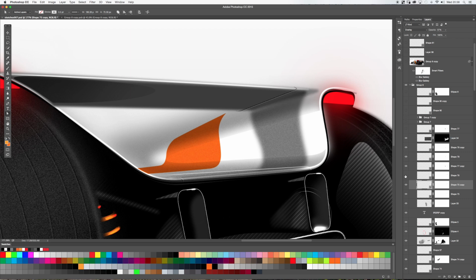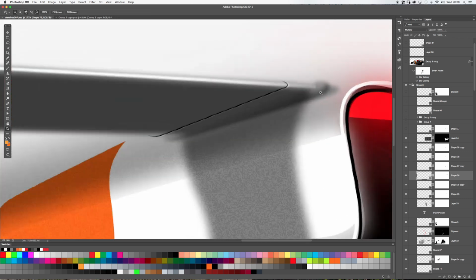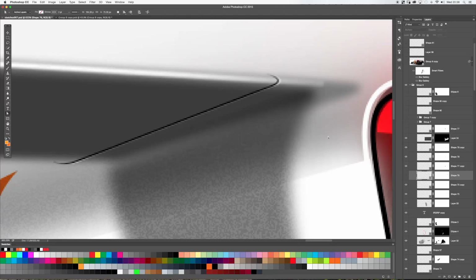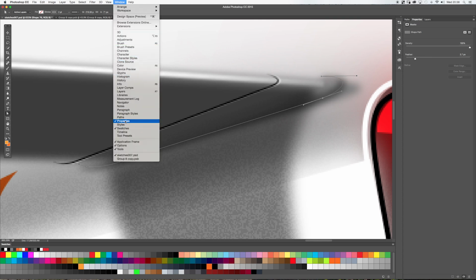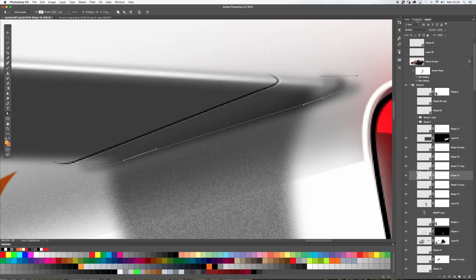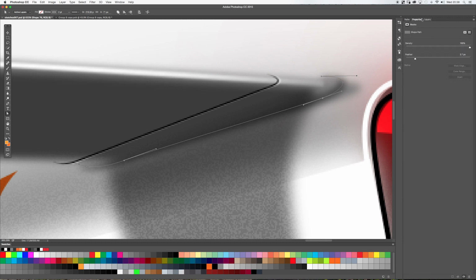And then also with the paths, as you'll see with this one, you'll notice it's not an actual solid, harsh, edged line. It looks like it's been done with an airbrush. And basically, all it is is a 2 pixel grey. And I've just gone into the properties panel, so you can get that from window and then go to properties. And I docked mine in the layers because these are the two that I always use. For some reason, I've never got rid of paths. It's always there by default. And I've literally just added a feather. So if I remove that feather,